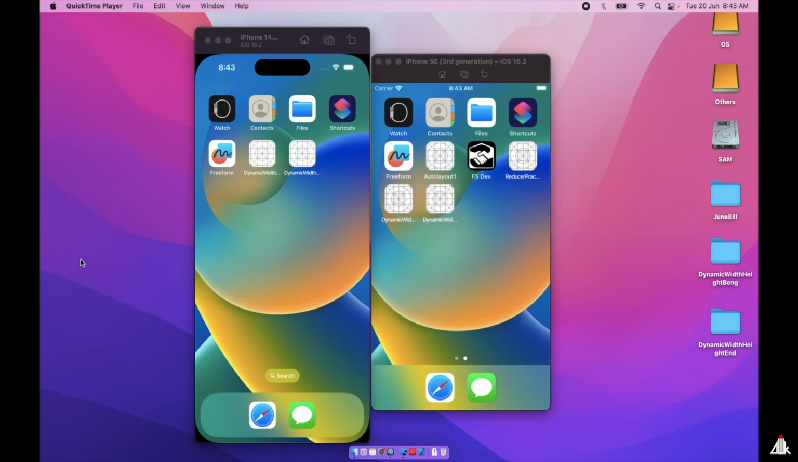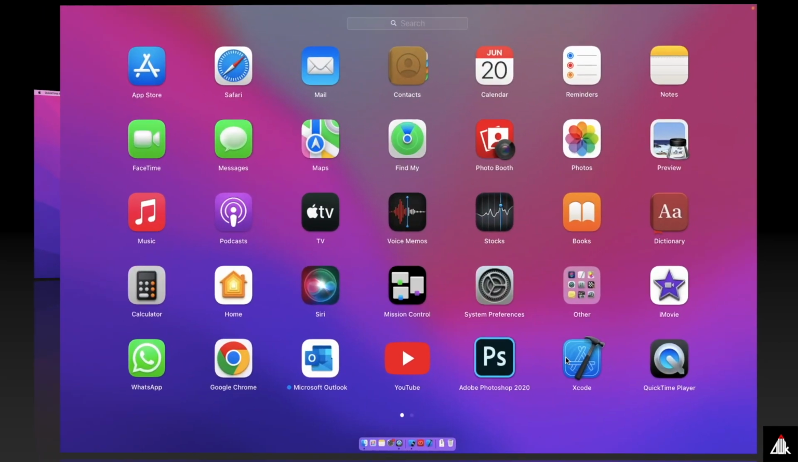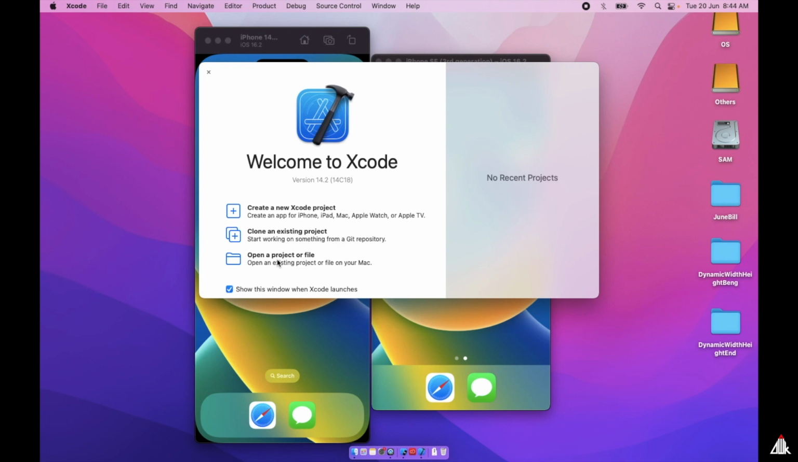Today we are going to learn about a new topic of auto layout. Actually, in the last video we learned about the dynamic width and height based on the screen size or screen width, where the x and y origin got fixed. But today the x and y get dynamic, and the width and height get fixed. So let's start. First go to Xcode, click on open a project or file, click on these particular